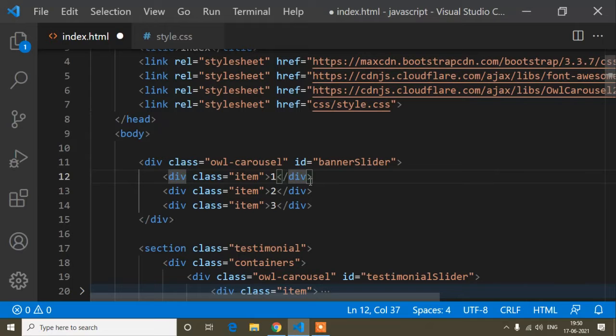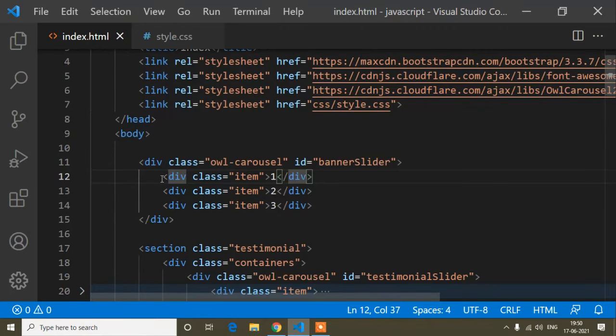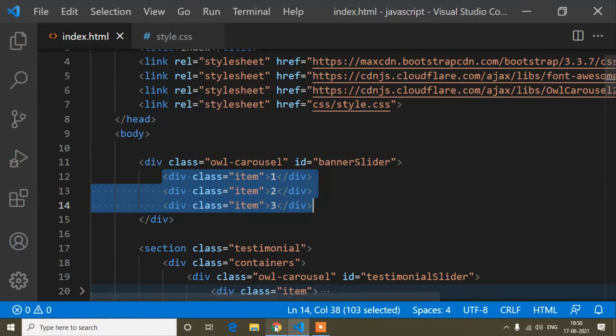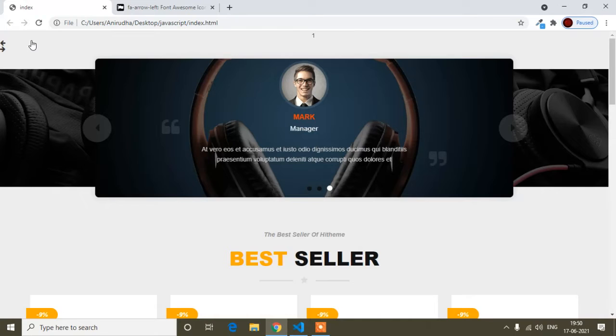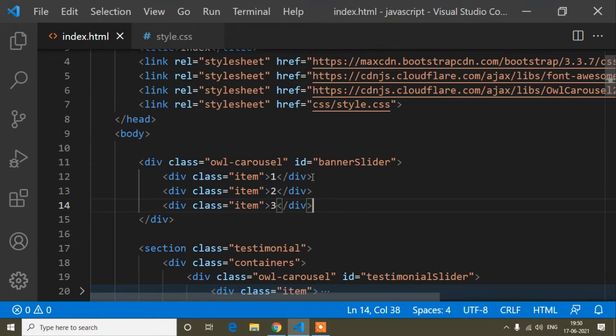So if I save and then refresh, you can see it's showing 1 item. Now when I slide it, the item is 2, and if I slide again, the item is 3. That means the items are completed. Now if I try to slide again, you can see it's coming back to 1. That means it's looping. After ending all the slides, it comes to 1, again 2, again 3, like a loop.